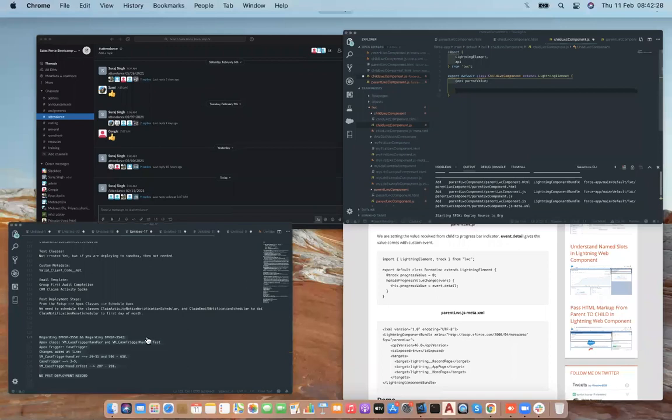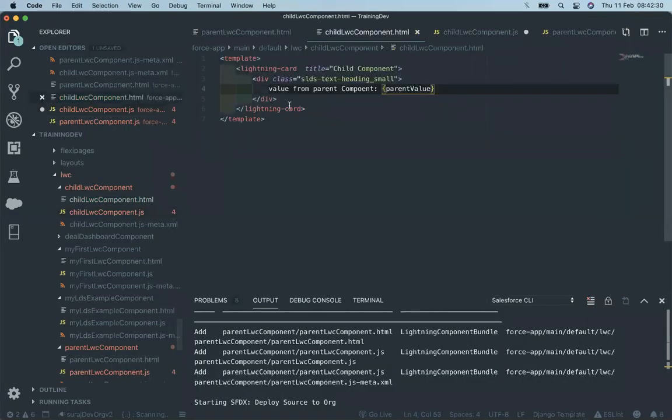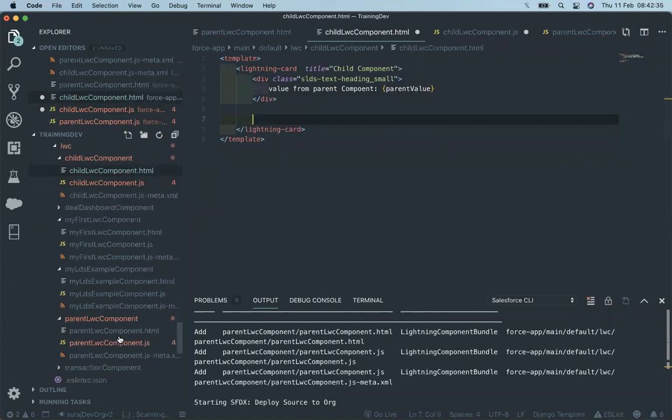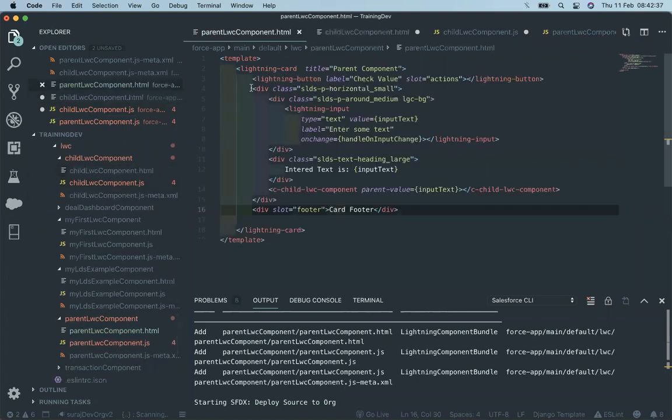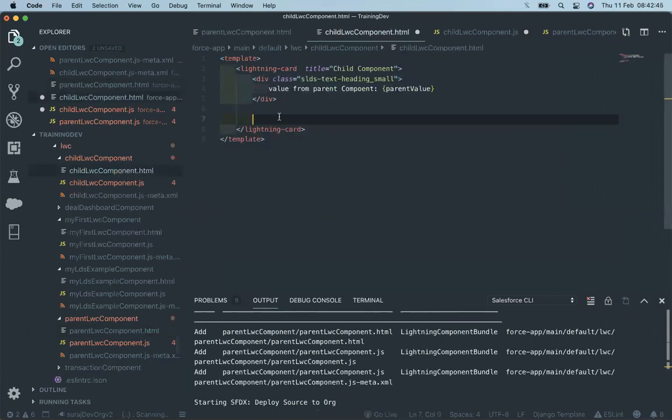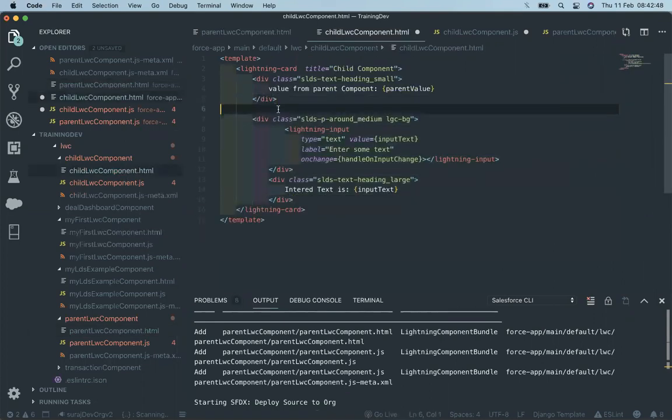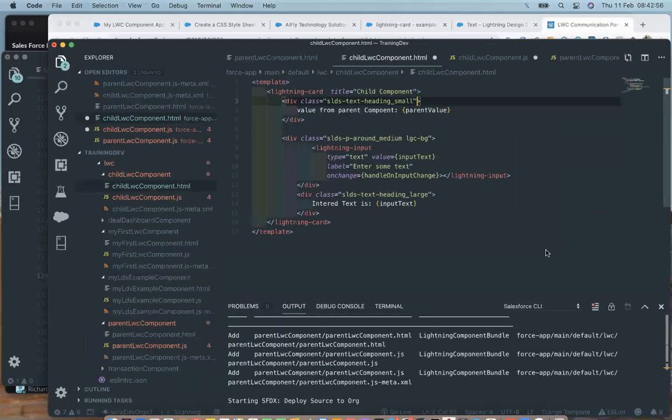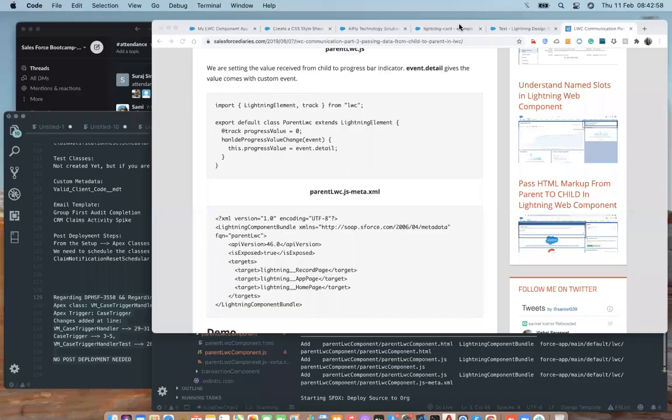For passing the value, for reverting the value, let's first create an input field up here. So let's copy the things from the parent. I need to add a separator.